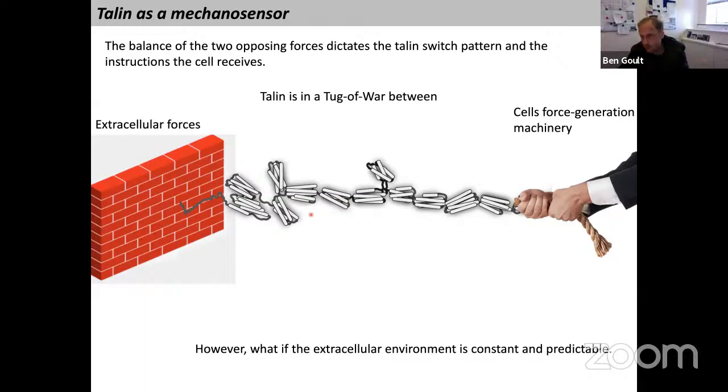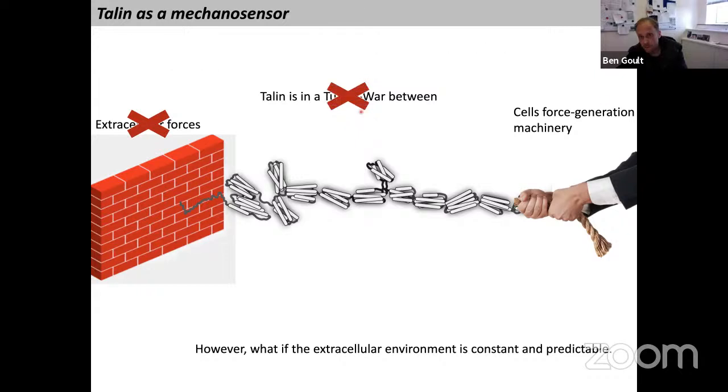If you look at any form of neuronal processes, they all require the matrix to be remodeled. But what you could start to imagine is that if the cell's going to all that trouble to remodel the matrix, it might be to create a predictable surface. And if it does do that, then this changes the equation, because the extracellular forces are now predictable. The cell knows what they are because it's enforcing those. So this isn't a tug of war anymore.